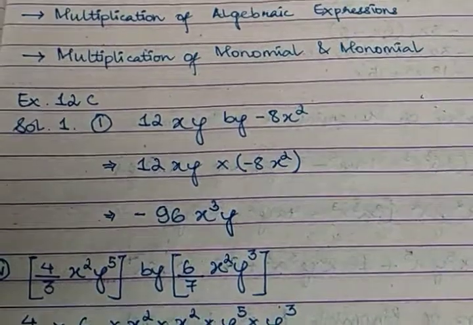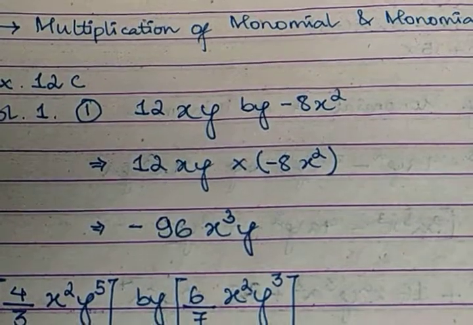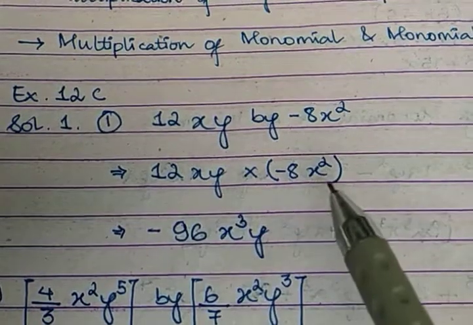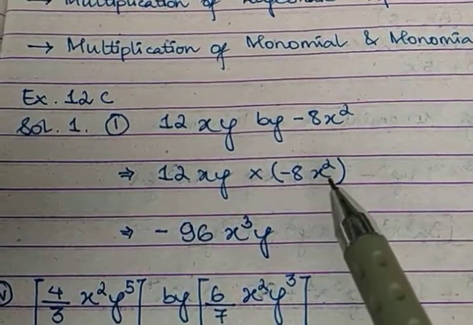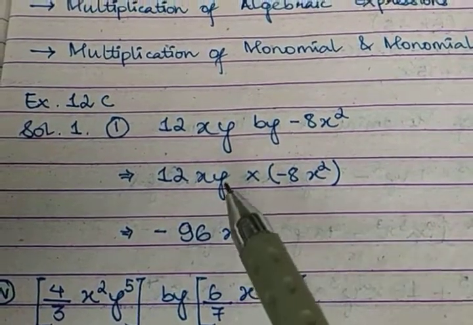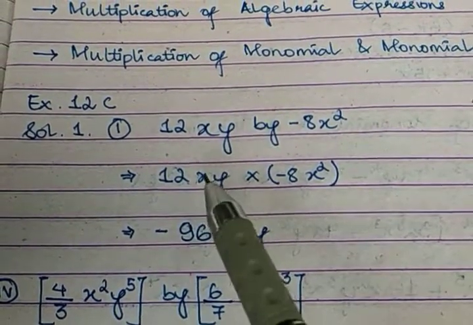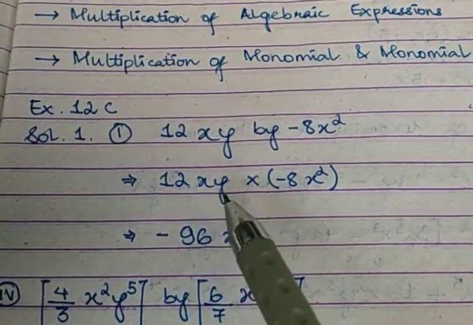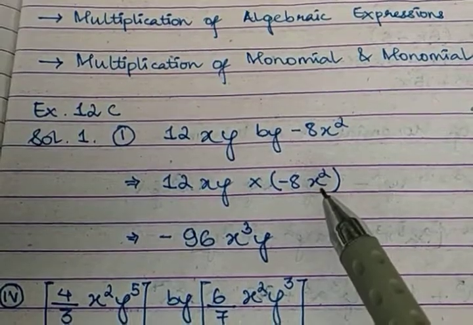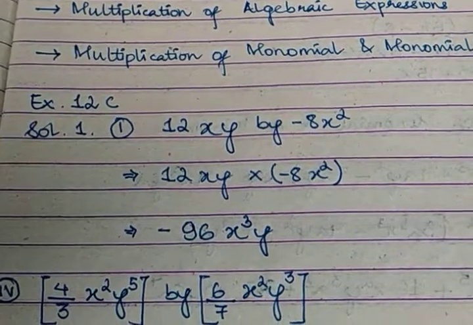Now in multiplication, the exact same variables too will be multiplied. And when they are multiplied, the powers will be added, remember. So we have x in here and x squared in here. This x will multiply with this x squared to give you x to the power 3. What did I just say? The powers will be added, isn't it? What is the power for this x? It's 1, isn't it? And the power for this x is 2. So 1 plus 2, it is 3. The y, since y didn't have any other y with whom it can be multiplied, remains as it is.